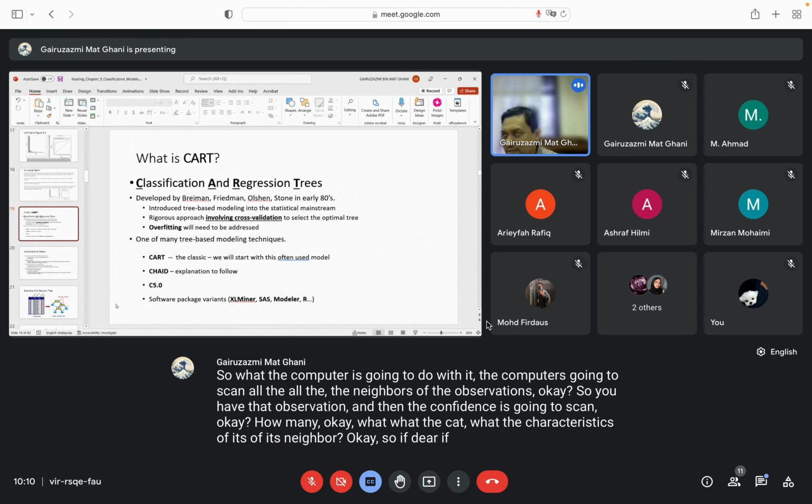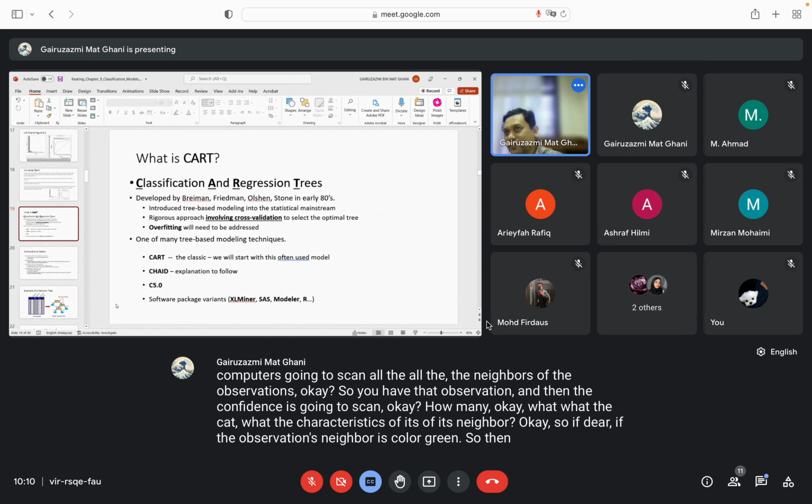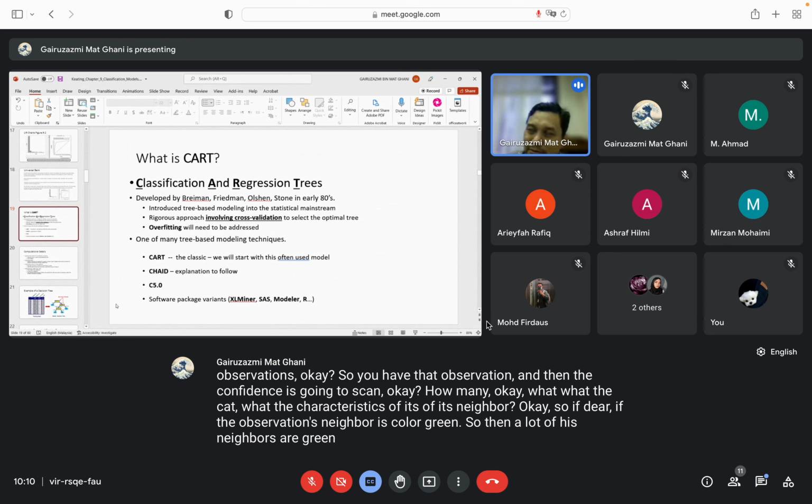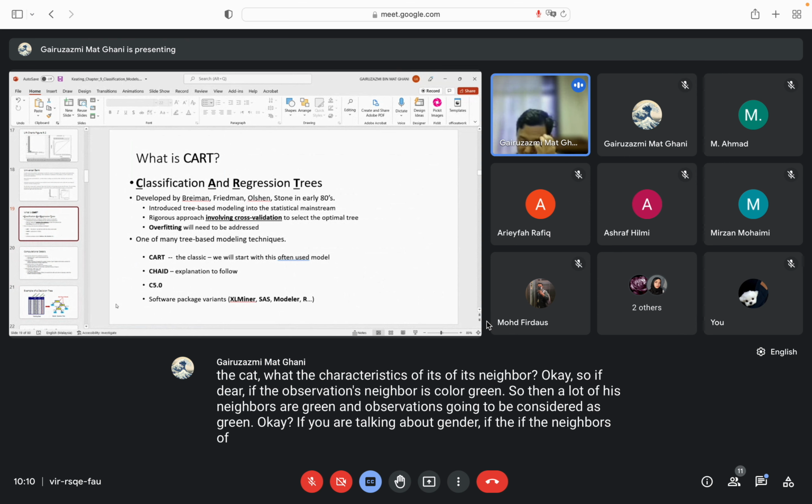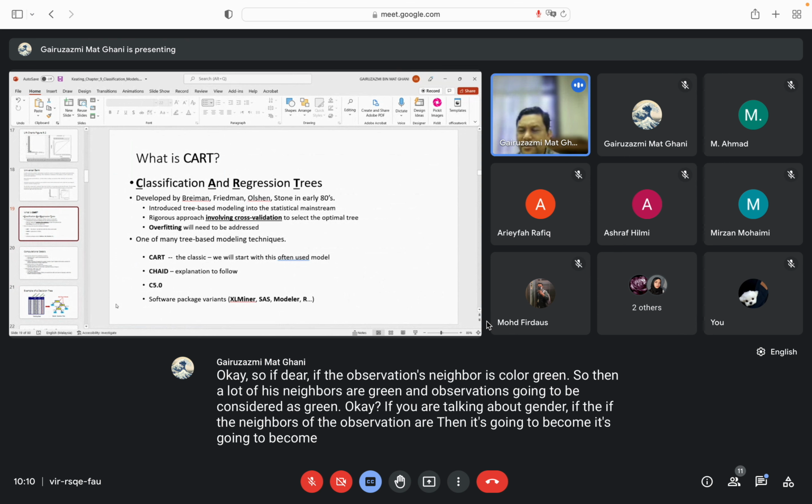If the observation's neighbors are color green, so a lot of its neighbors are green, then the observation is going to be considered as green. Okay, if you are talking about gender, if the neighbors of the observation are male, then it's going to become male. So that's the basic idea of the